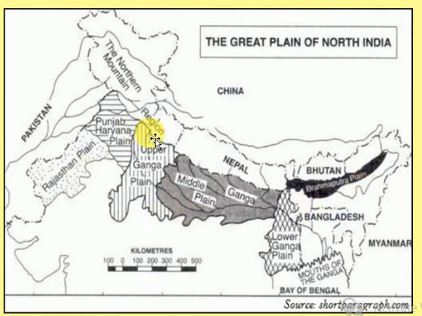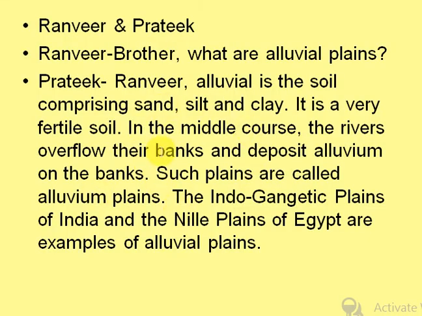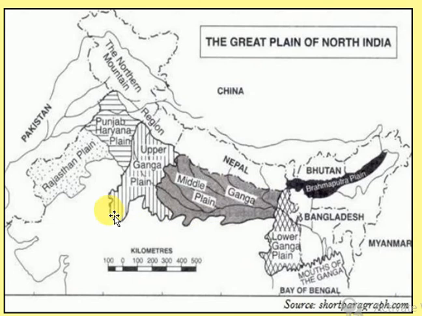All these have been developed by the rivers, which bring all the material and deposit it on the banks. So the rivers overflow their banks and deposit alluvium on the banks. So this is how the alluvial plains are developed. So along with this